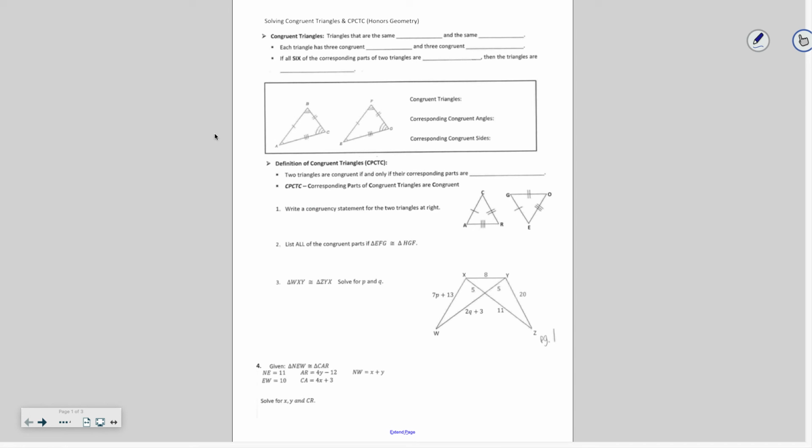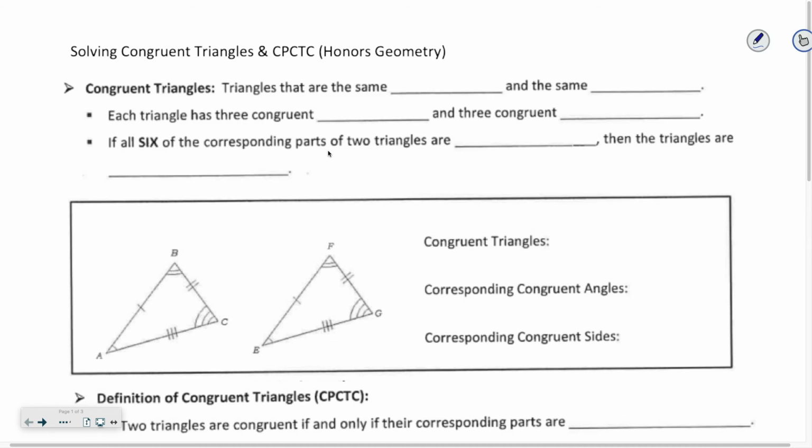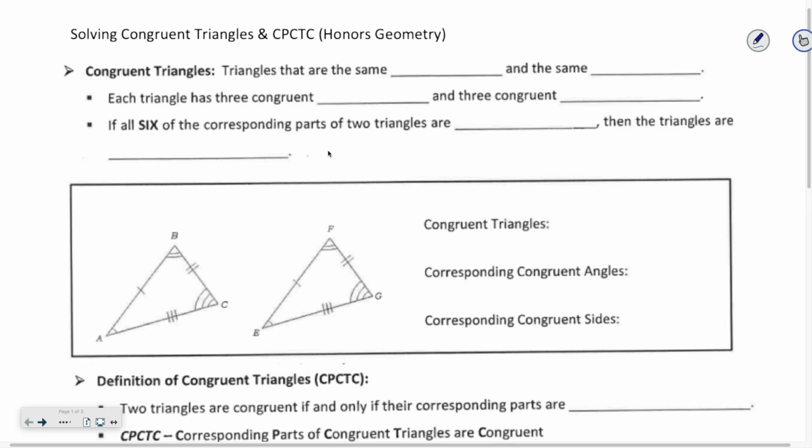So we talked for just a second at the top about once you prove that two triangles are congruent, then you should know that all of their parts are congruent. And we named the two congruent triangles that were in the box. And we listed out the congruent angles and the congruent sides. And I said we're going to put a star by this part where it says